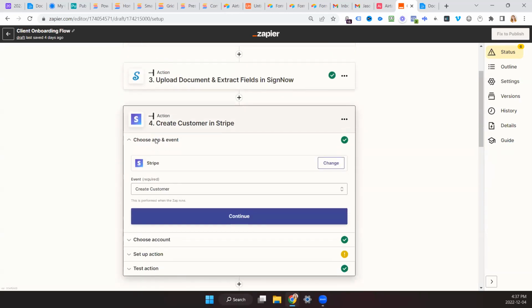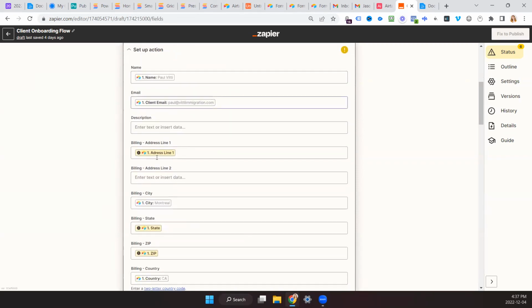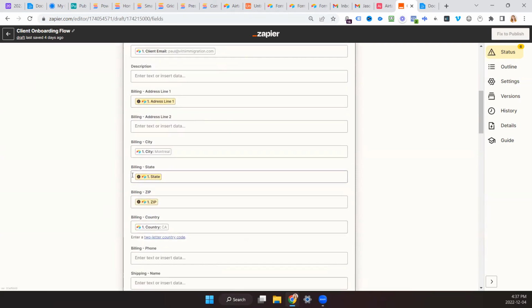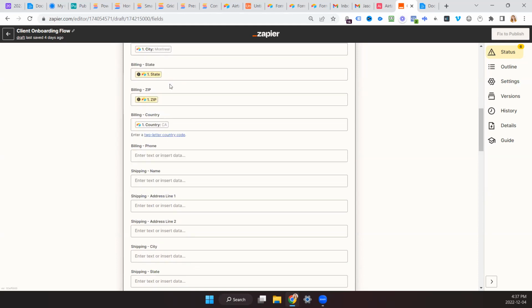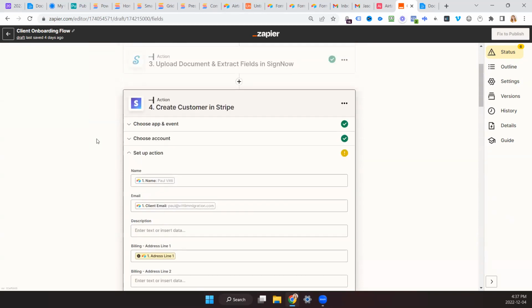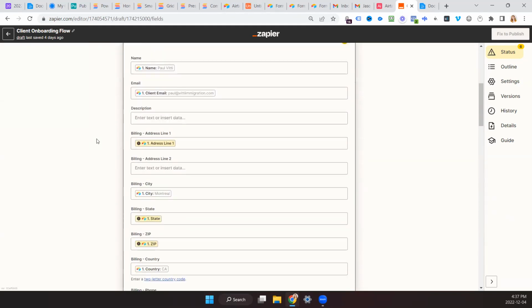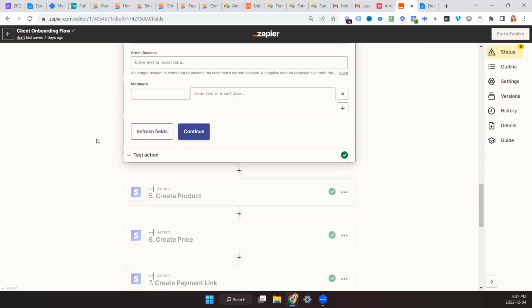Then I'm creating a customer in Stripe. So here I'm saying add their name, add their billing address, add the currency. If you're international, then there might be USD and Canadian. That's why I was playing around with this, because I sent you a contract in USD and thought I should really change this. So you can actually say this customer takes USD if that's an issue for you. So this is where you're automating creating the customer in Stripe. And you use Stripe, but there are others. There's Wayback, there's QuickBooks. You can automate that as well.